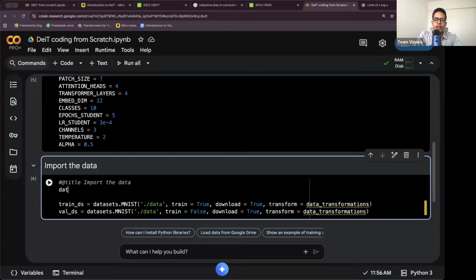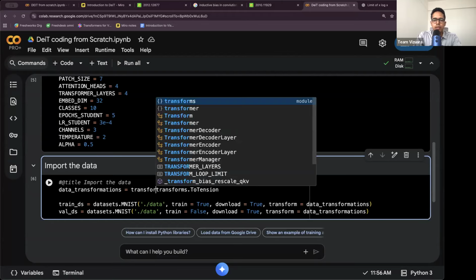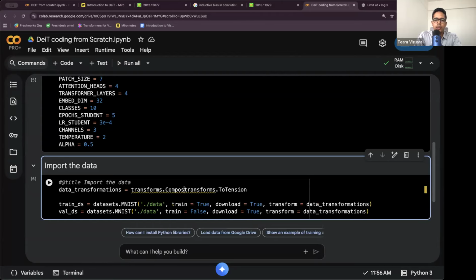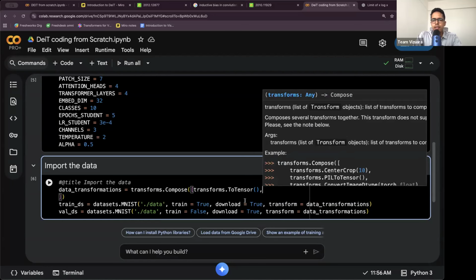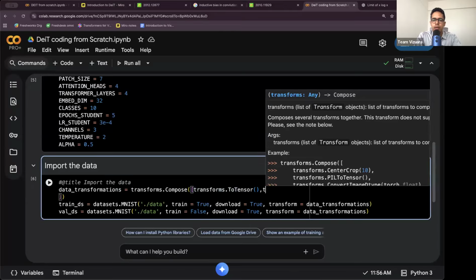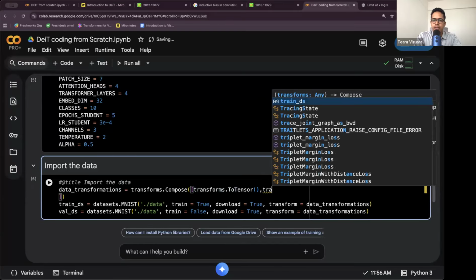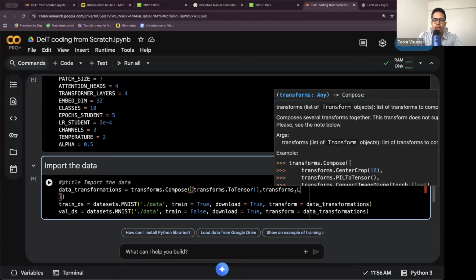And then here we define data_transformations equal to transforms.ToTensor, but before that, we have to have transforms.Compose. Converting to tensor is one transformation. Another transformation is, you have one channel input, you want to expand it to 3 channels because that is the input that the CNN is expecting in this case. So transforms.Lambda,